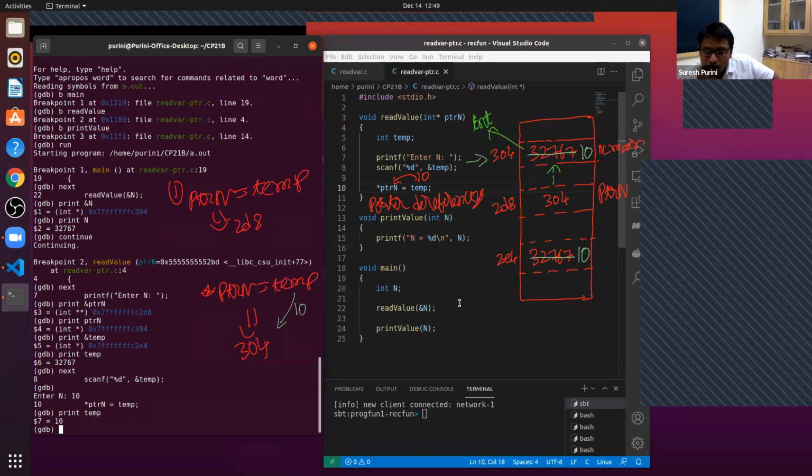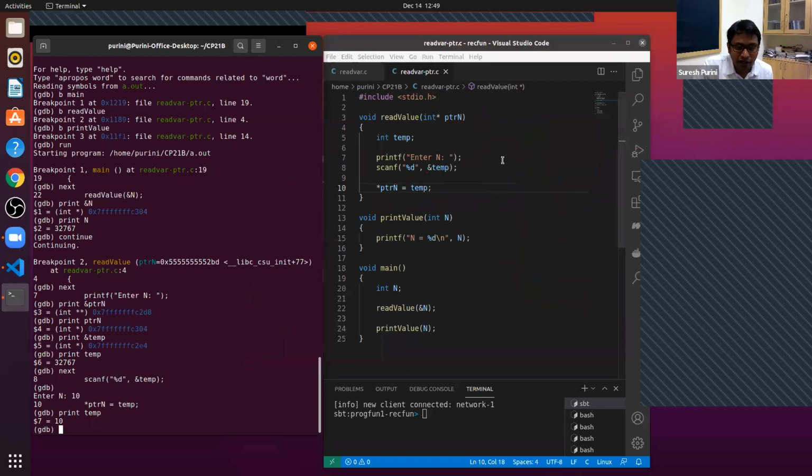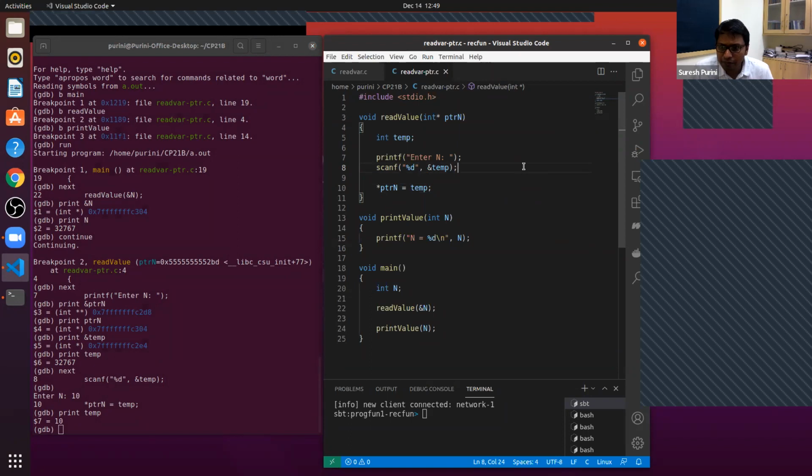It is not returning anything, but it is still having an impact on the program. And in order to make it clear, is there a way to read without using temp? I used the variable temp, but do you think temp is necessary?